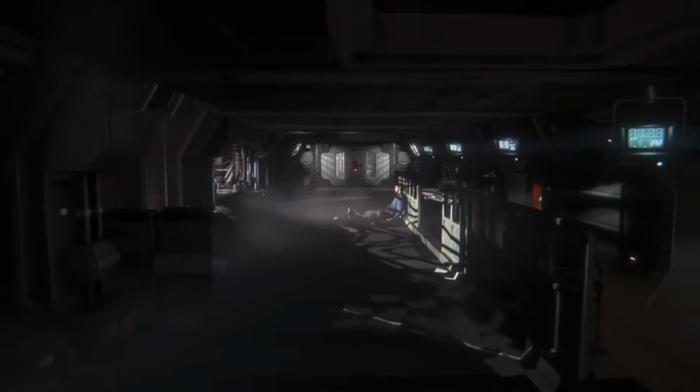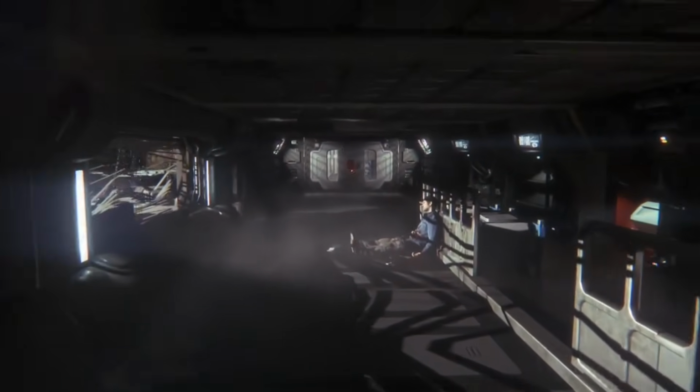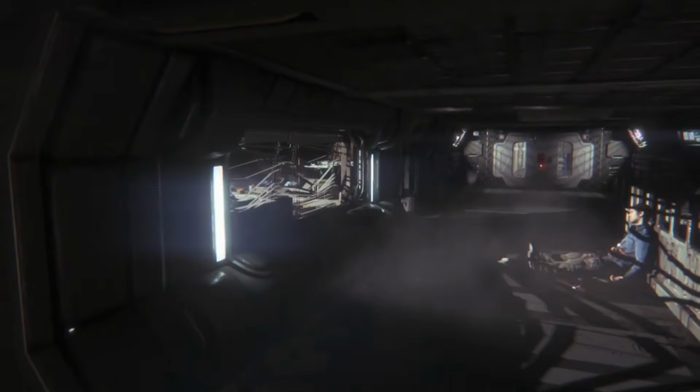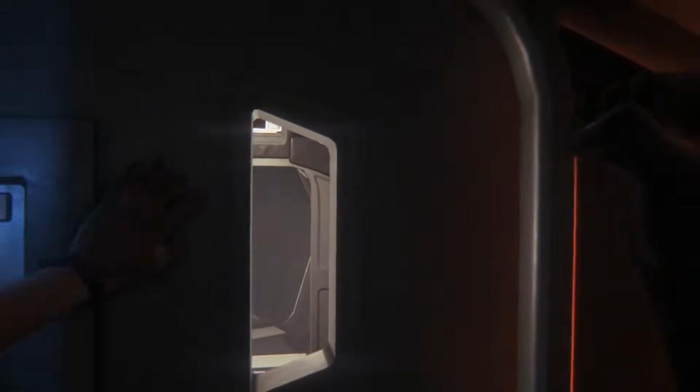Alien Isolation breaks that completely because Creative Assembly did something insane. They gave the Alien two AI systems. They gave it the Director AI, and this is the game's invisible master. It knows where you are, how long you've been safe, how stressed you are, how well you're playing. And its job is to keep the tension high, not jump scares, but pressure.